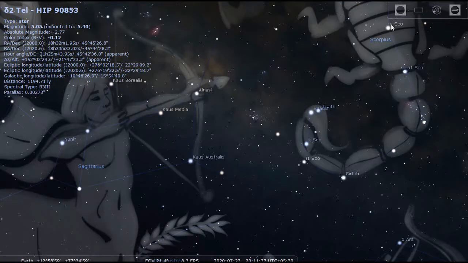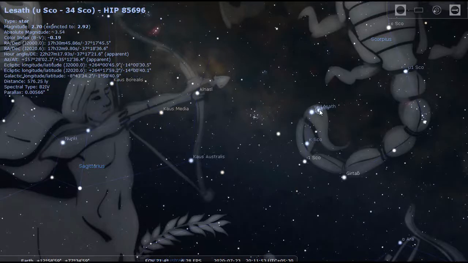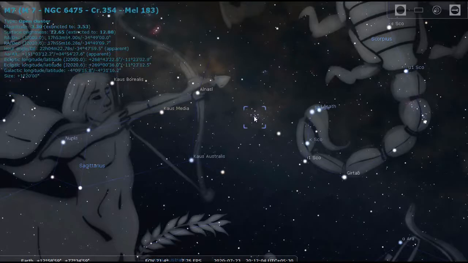Basically, after looking at the tail, if you just come down and go slightly up, these two stars are very easy to locate. So one is Shaula and the other is Lesath. So if you move left from these two stars,